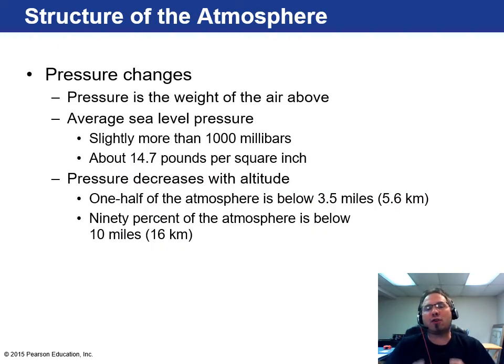All right, so let's look at the structure of the atmosphere. This is sort of that layer cake going from the ground upwards towards space. Now, the air pressure changes, and pressure is the weight of the air that's sitting on you. As I sit on this chair, there's some weight being exerted on me by the column of air that sits above me. That column of air can weigh more or less depending on the situations taking place in the atmosphere. The average sea level pressure is about 1,000 millibars or 1 bar. That's not important, but it exerts about 14.7 pounds per square inch.